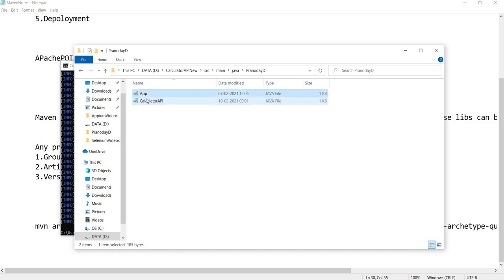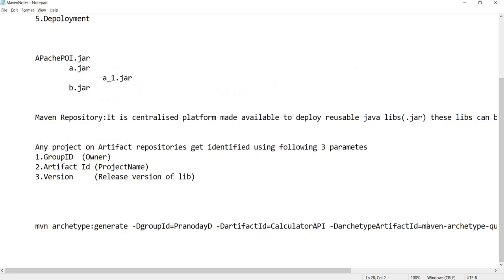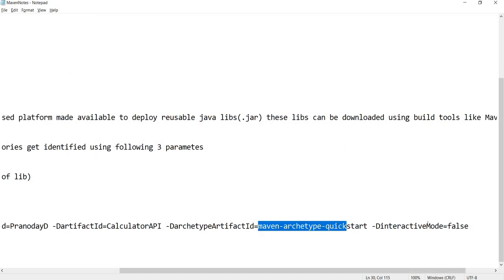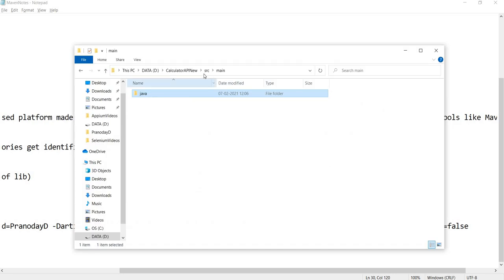So the template, you can delete unnecessary things, you can create your own, but ultimately you got one template to start developing. You are not wasting your time here in creating the directory structure. The minimum required directory structure, that plugin has already given you. This plugin has already given you the required minimum directory structure and minimum required files to start your work, right? So that is what that plugin is for.